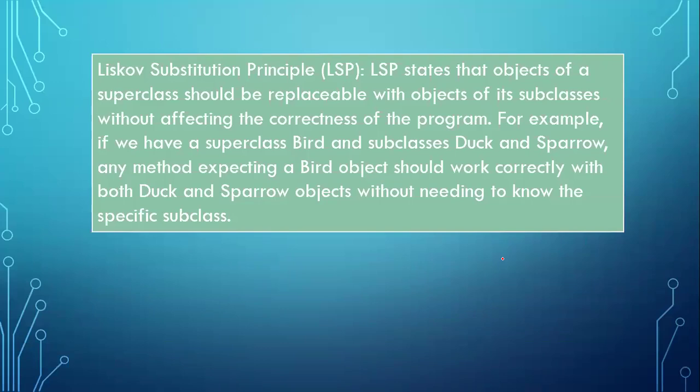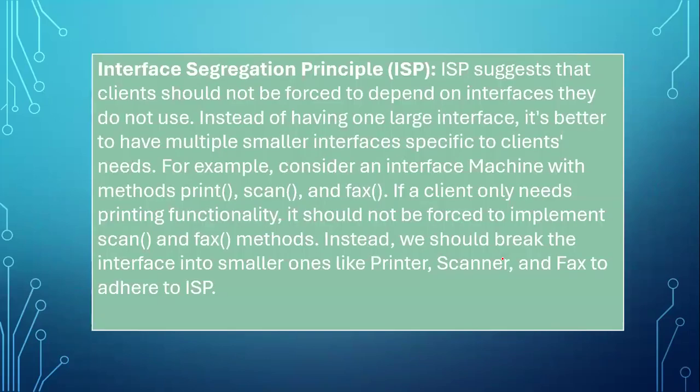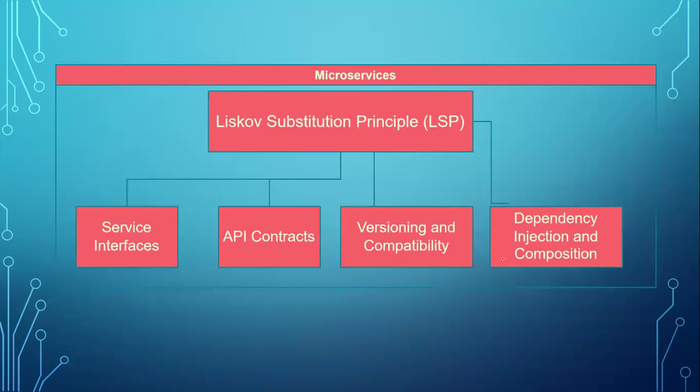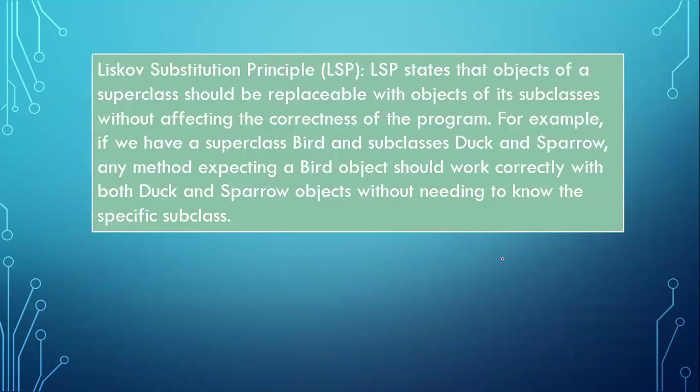The next one is the Liskov substitution principle, LSP. If you are already done with your Spring Core module, you can relate all this to your Spring IOC. The other two principles, interface segregation and dependency inversion, are easy to understand. In the Liskov substitution principle, it states that objects of a superclass should be replaceable